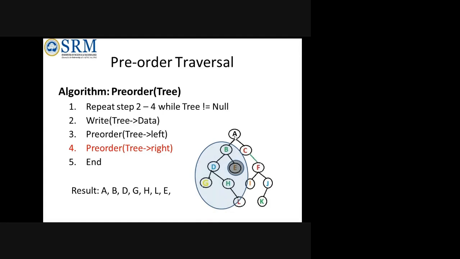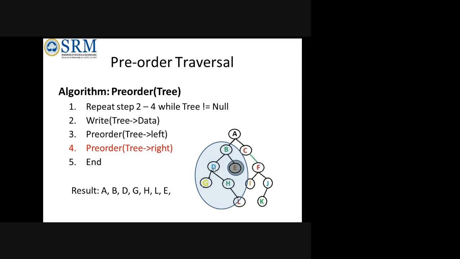So now look into this. A is taken as the first one. It will check left and right. As per the entire tree, B is the left node of A, so it will come to B. When it visits B, B again has a left and right. But as per your algorithm, the B root will be processed first. So B is processed. Then it will come to D, the left child of B's subtree.